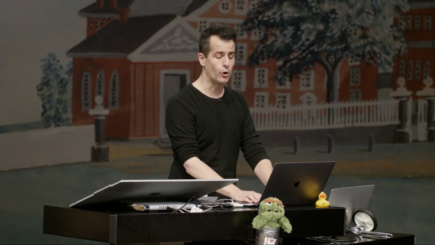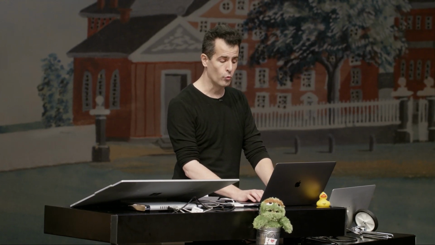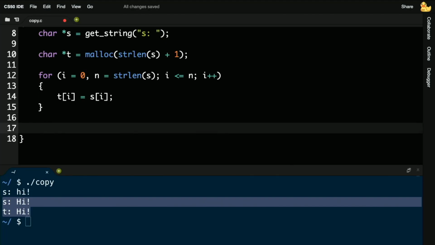Yeah, so now that I understand how strings work, it's not sufficient to just copy the HI exclamation point. I need to go one step further, one more than the length of the string. The easiest way to do that would be less than or equal to n, or I could just do a +1 there, or I can do this any number of ways. It doesn't matter how you do it, but I think less than or equal to is one reasonable way. And now let's go down to the bottom here and actually do this capitalization.